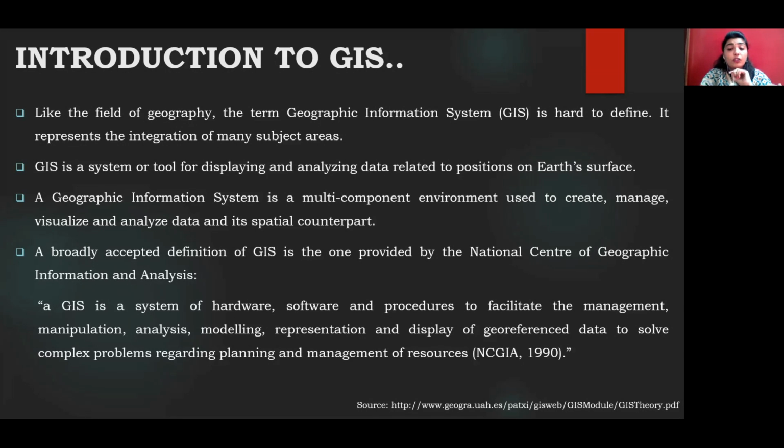Apart from that, you also need to know what kind of projection you will use to construct the map. Whether I am showing the polar areas, the mid latitude areas, or the equatorial areas, depending upon the area, my projection will change, and I need to be thorough with that.